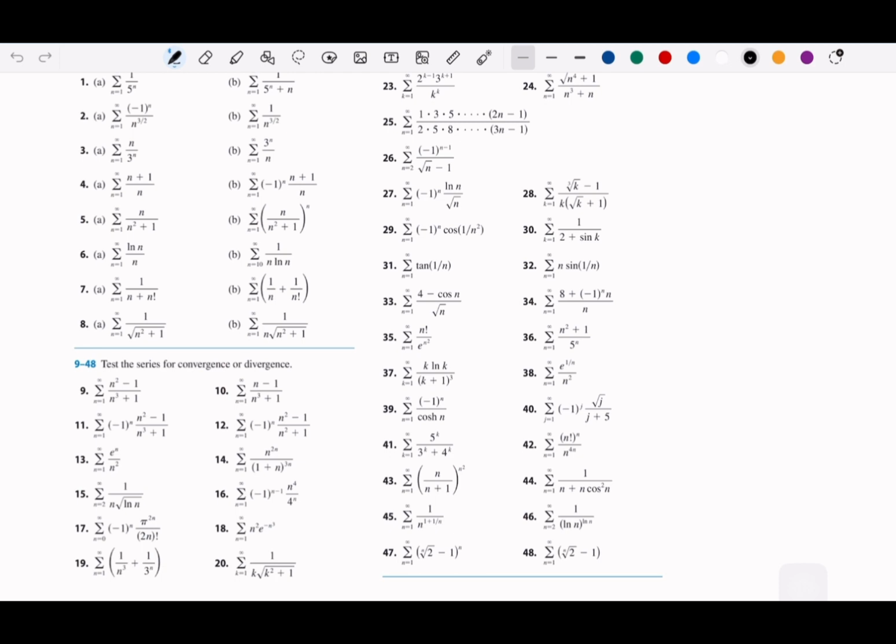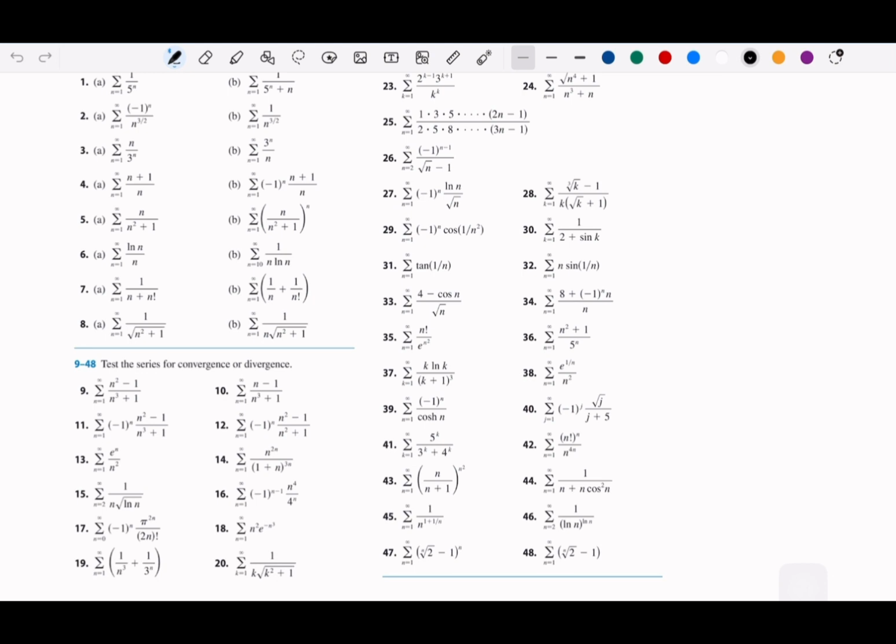Okay, I think I will review so far, at least for the testing of the series. As I mentioned last Thursday, we have several series which we are going to test and determine whether it's convergence or divergence. So let's start with